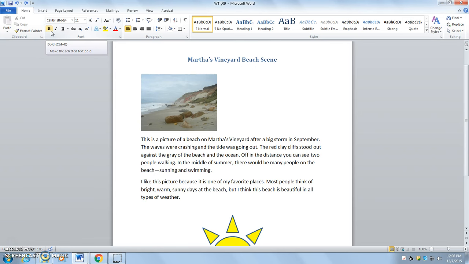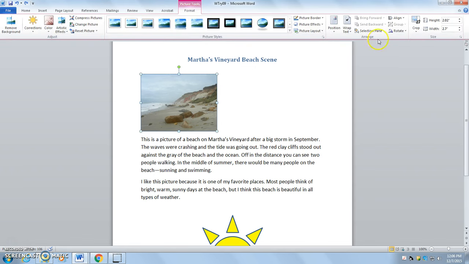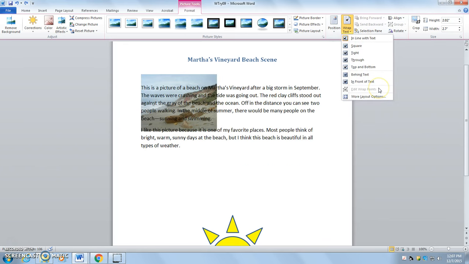Moving on to Lesson 9. This is formatting graphics and objects. With pictures, I'll have this picture selected in my Format tab. In my Arrange group, I have Wrap Text here. And this, as you can read, changes the way the text wraps around this picture, whatever is selected. Now there are a few options. So the first one,